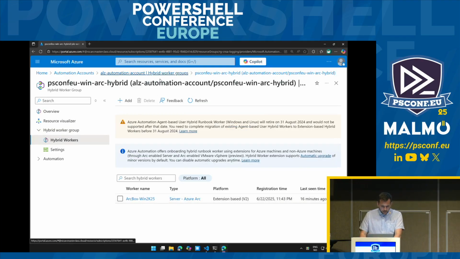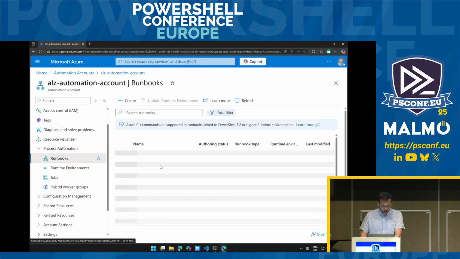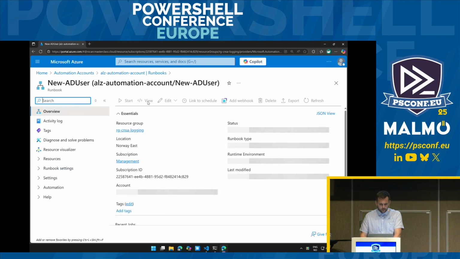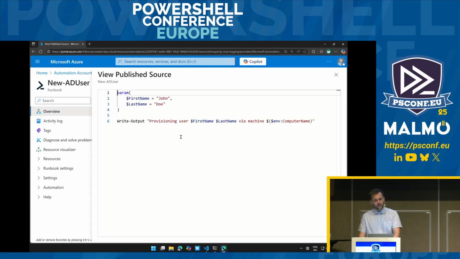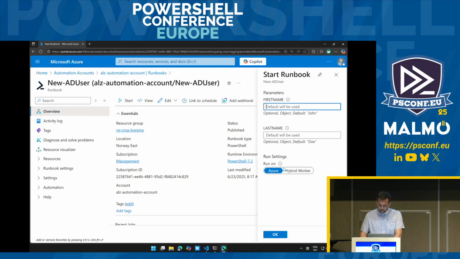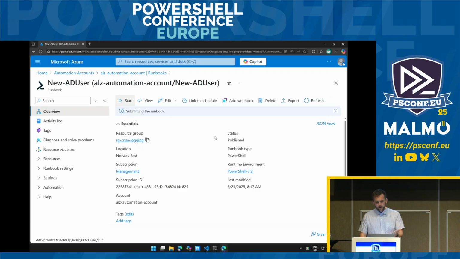And what this enables is if we go into runbooks and let's say that we want to run this new AD user, it's just a dummy runbook basically, simulating that we want to do something against Active Directory. If we start this runbook, we will have the option here to, instead of running on an isolated Azure sandbox that has only internet access, run it on a hybrid worker. Select the group, and now we have only one, and then it's going to execute this runbook on that specific